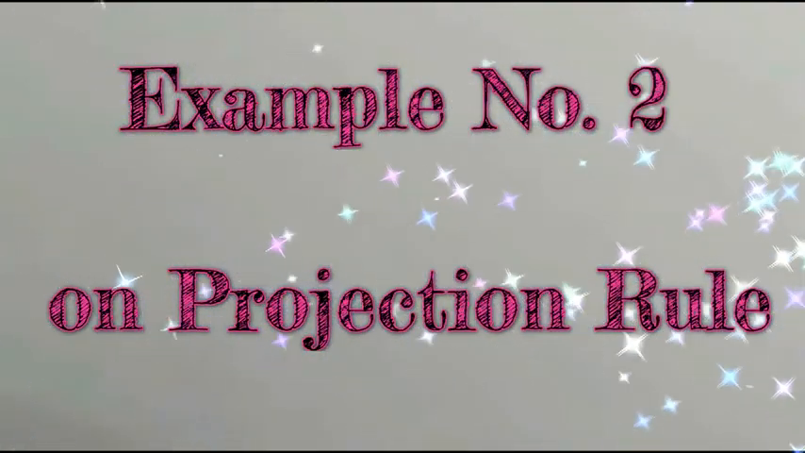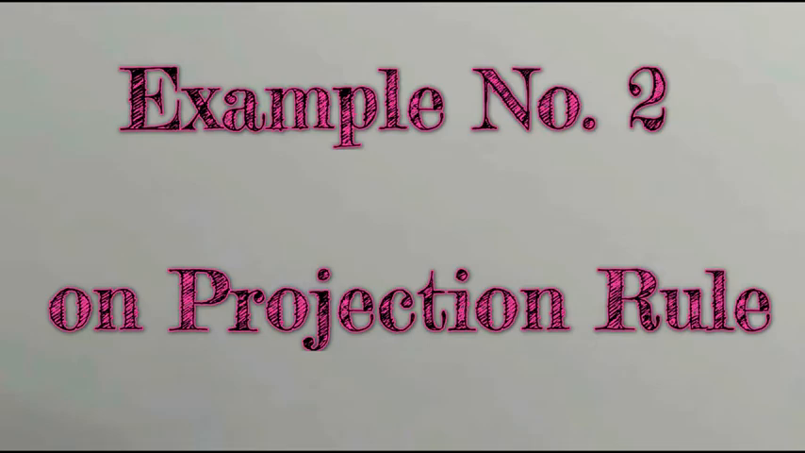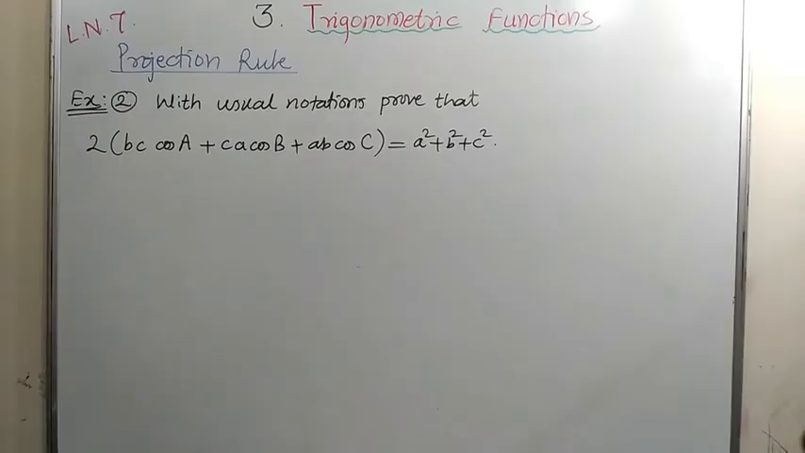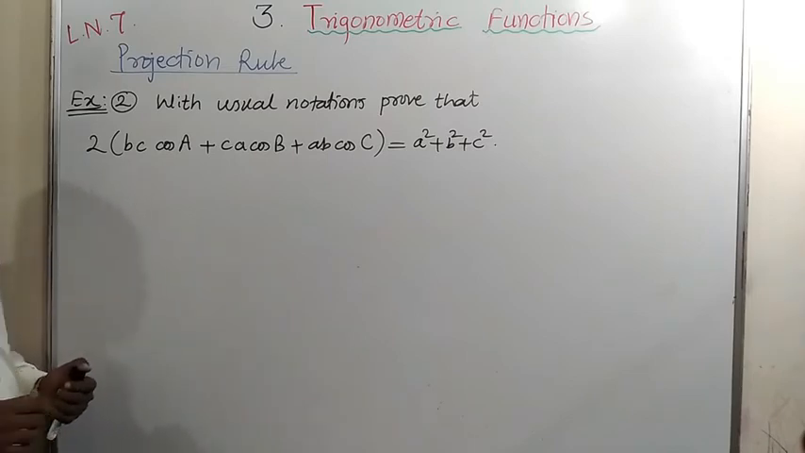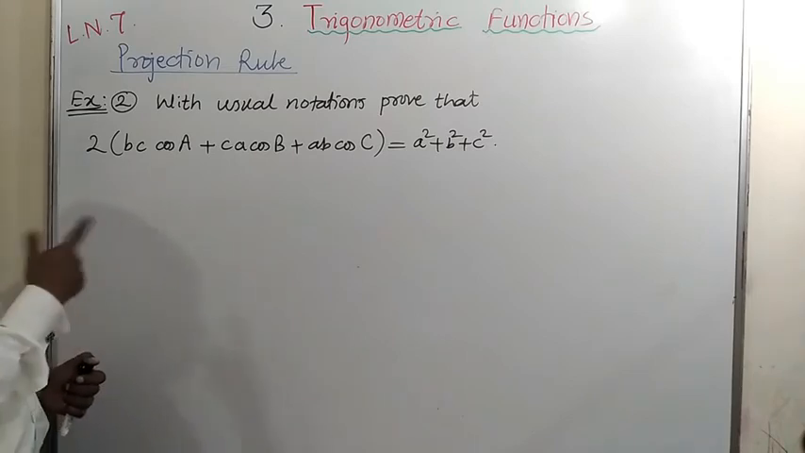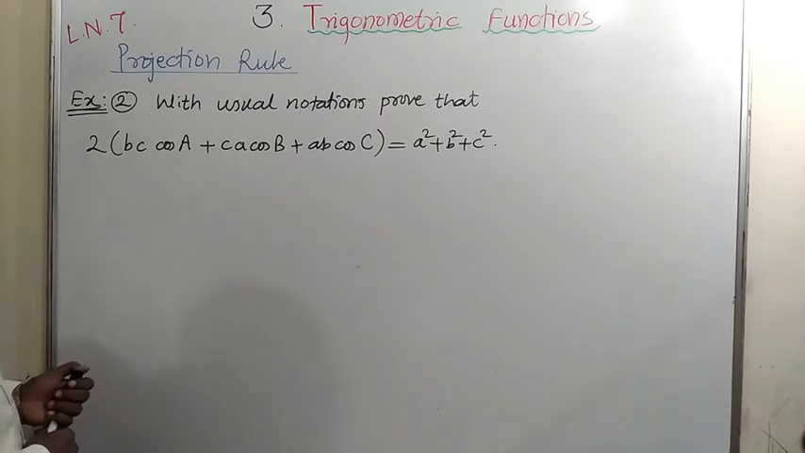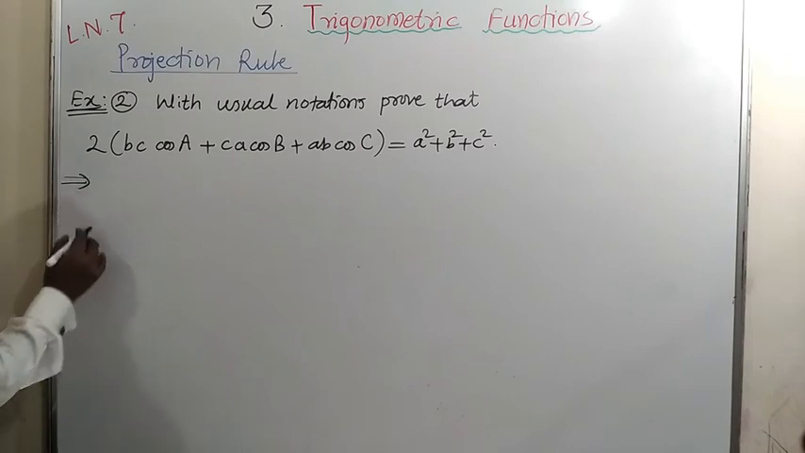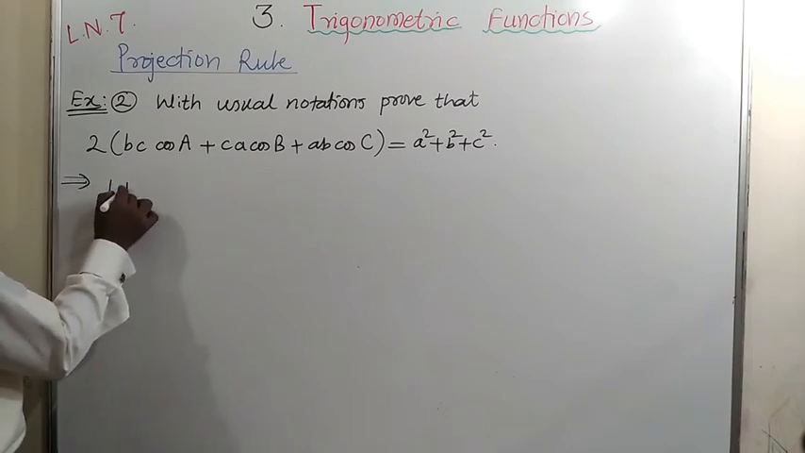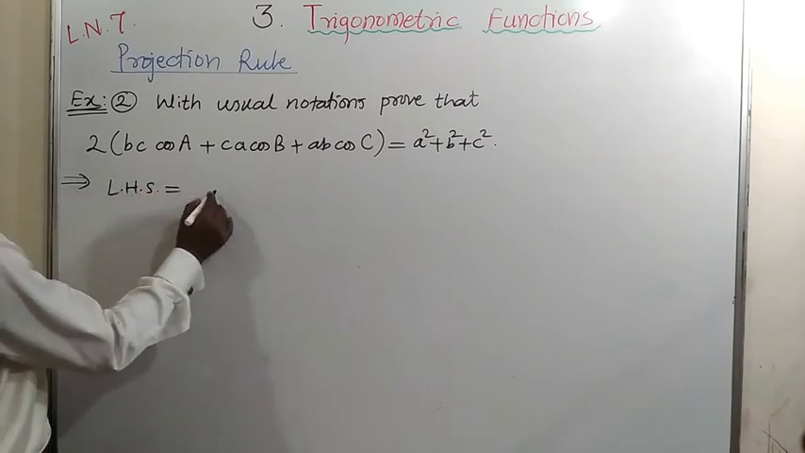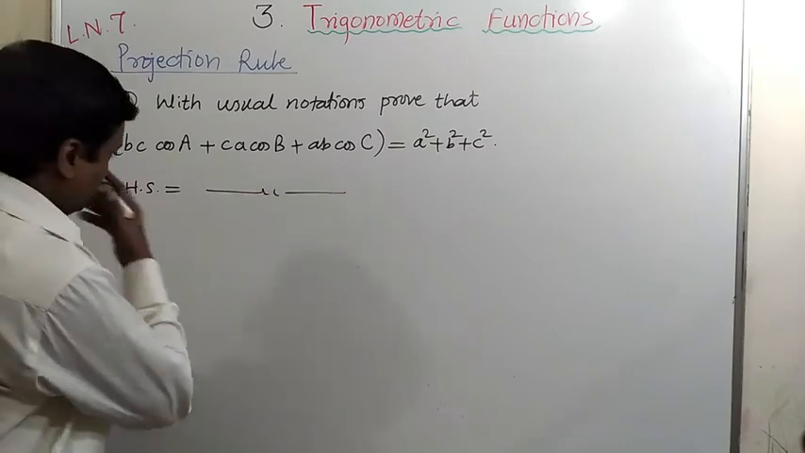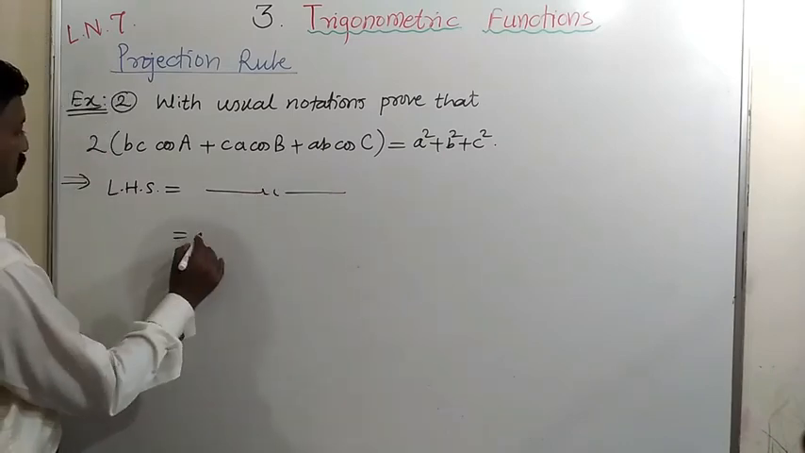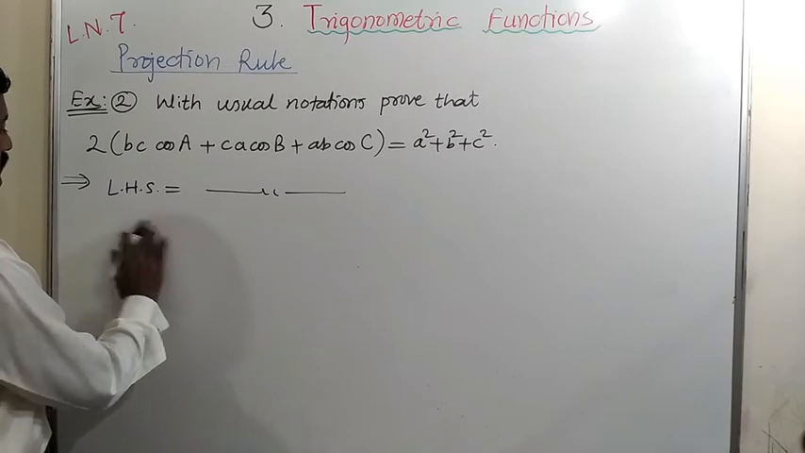Example number 2 on projection rule. Prove this example by using only cosine rule, or using projection and cosine, both rules at a time. Let us first prove the same example with only cosine rule. Here LHS is as it is. So it is equal to 2 times